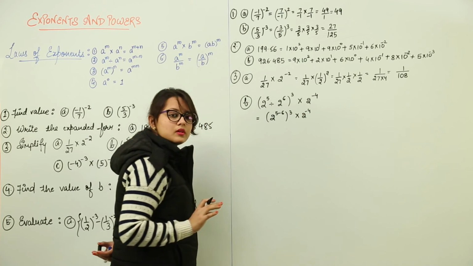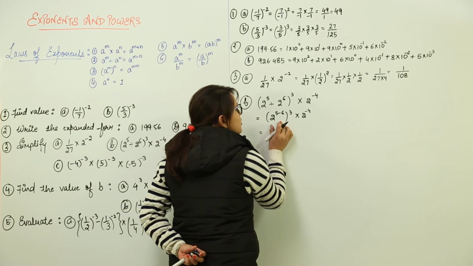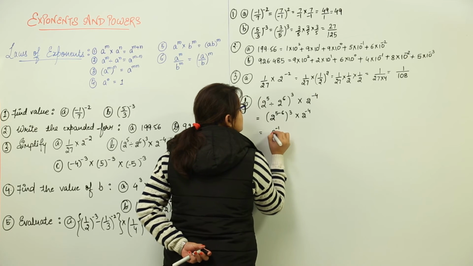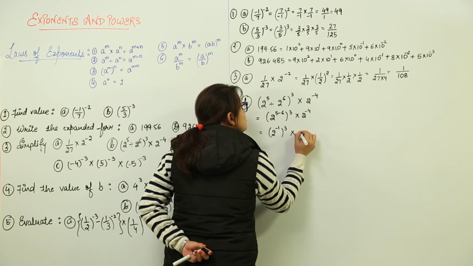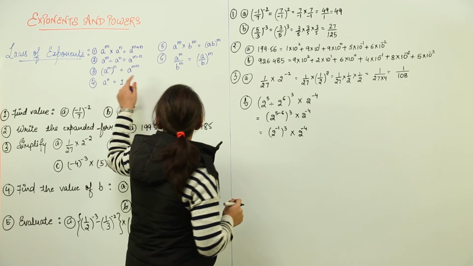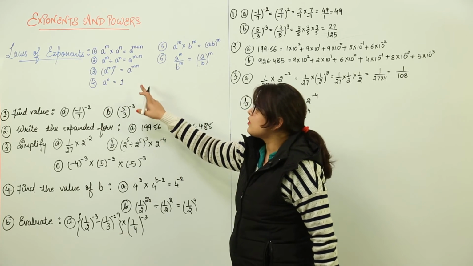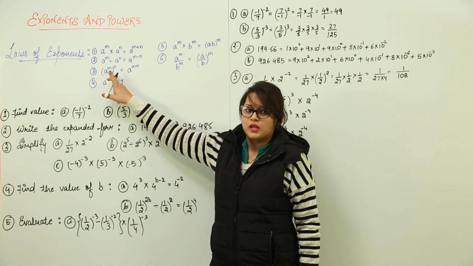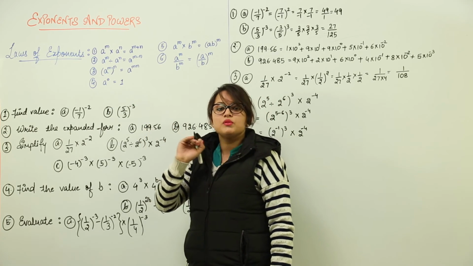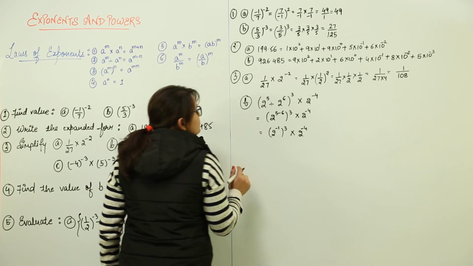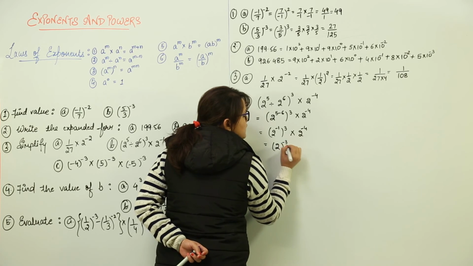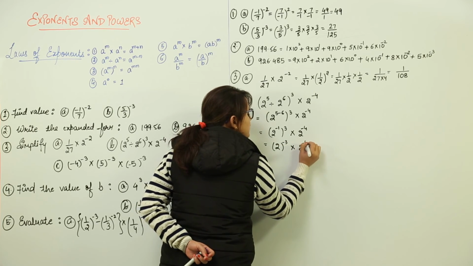This remains the same. Now the next step, still we have not solved our bracket. We still have to find its value. So it will be 2 raised to power minus 1, raised to power 3, into 2 raised to power minus 4. Now here we can see that this is somewhat related to the third law that we have done. The third law was that if some base has a power and that whole term again is having some power, we multiply their powers. So here also we will be multiplying the powers, that will become 2 raised to power minus 3 into 2 raised to power minus 4.